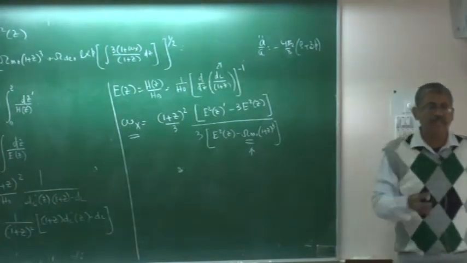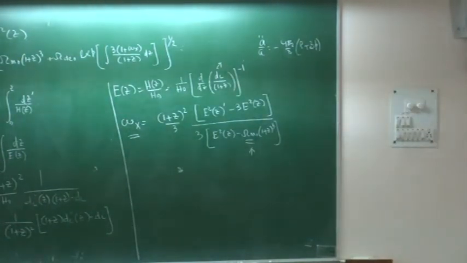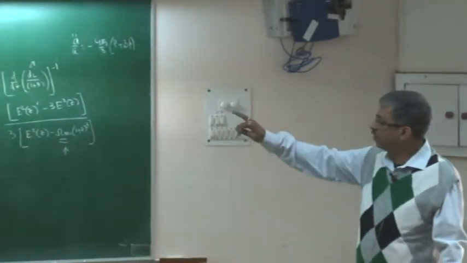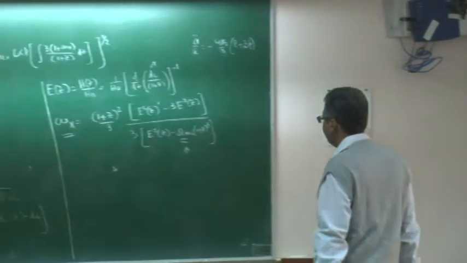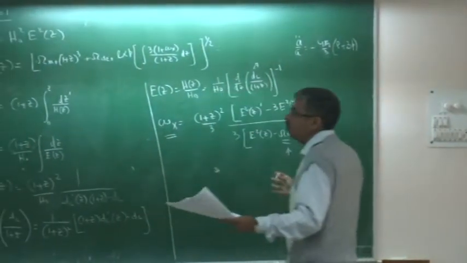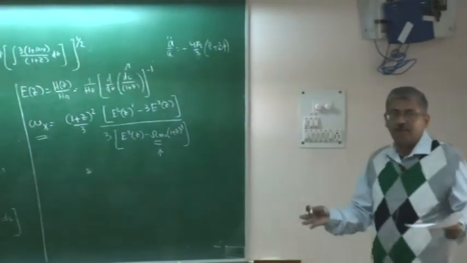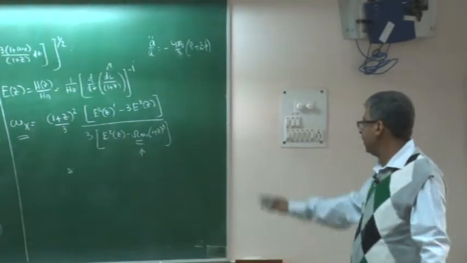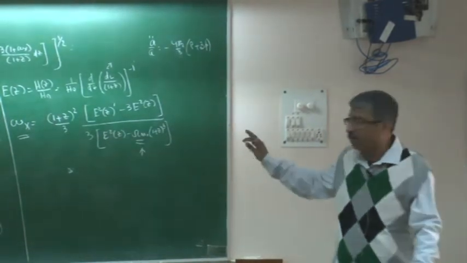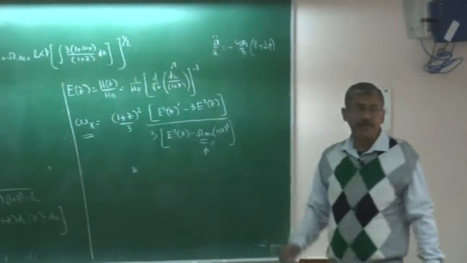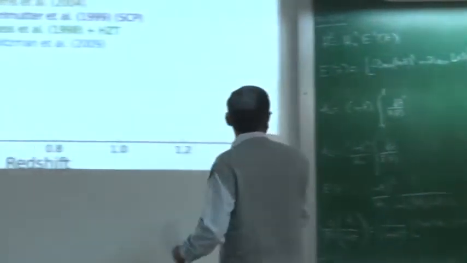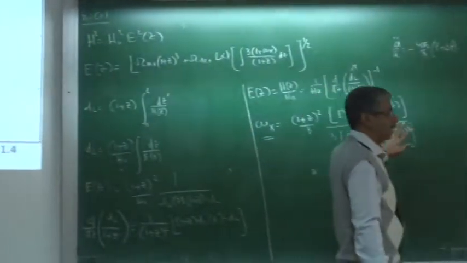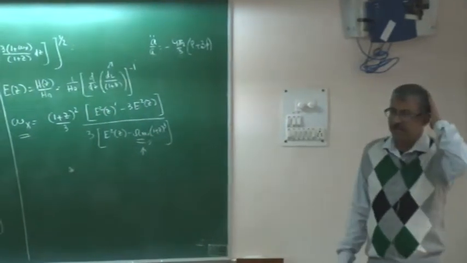So maybe you have to use the structure formation data or the CMB data or whatever to get very good knowledge about omega_m0. Then only can you use this supernova data to reconstruct omega_x. Right? So that is another thing you have to keep in mind. When you do dark energy, you have your model, and you have to decide what kind of omega_x you need. Then you have to keep in mind that at some point I need omega_m0 very accurately so that I can get the equation of state. So this is the basic algorithm, just knowing the supernova, of how one can get the information about the dark energy. Right.